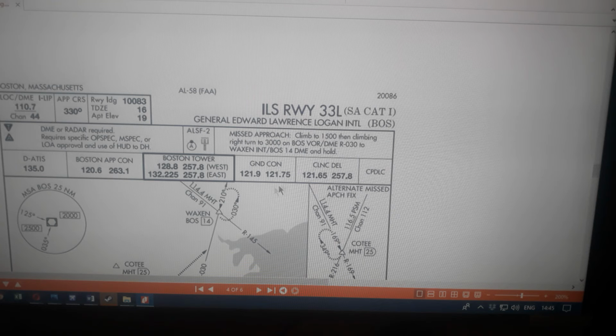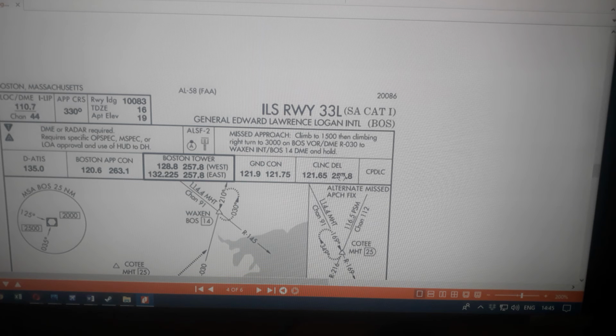After touchdown you also tune this, and normally it is all pre-planned, but they will make sure they communicate with you in case you have any problem in the taxiway finding the parking bay, those kinds of things. They give support. So these radio frequencies you have to keep changing. And delivery.